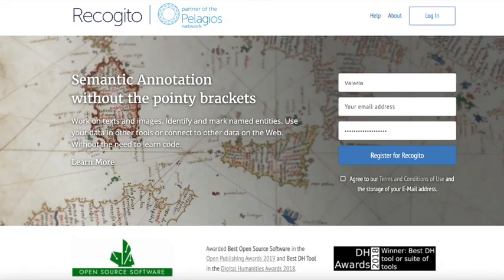In order to do so, we are developing an online platform that combines the functionalities of computer vision-based machine learning and those of semantic annotation. The two technological components, Curator and Recogito, already have successful lives as standalone tools, but now they have been tailored to machine reading maps' needs and partially integrated. Together, they offer an accessible and effective way to work on maps at different scales, both in terms of number